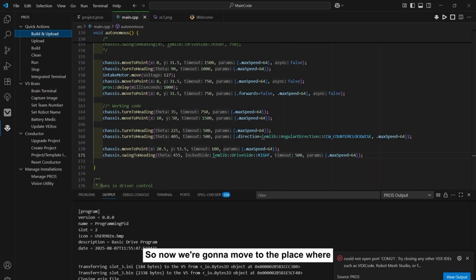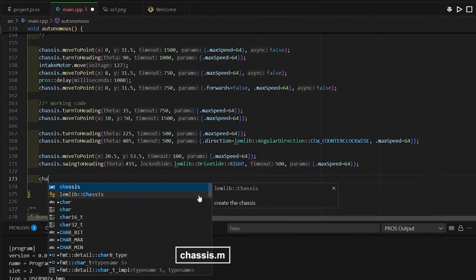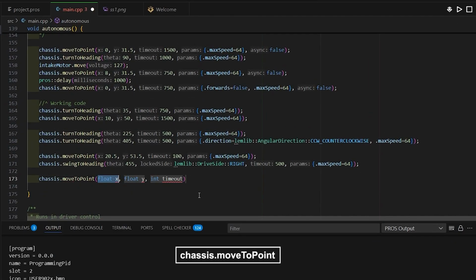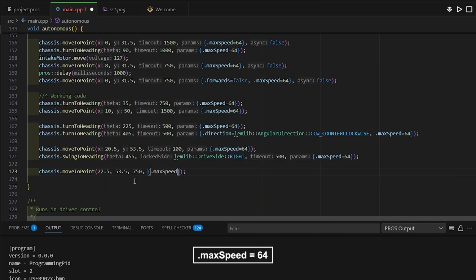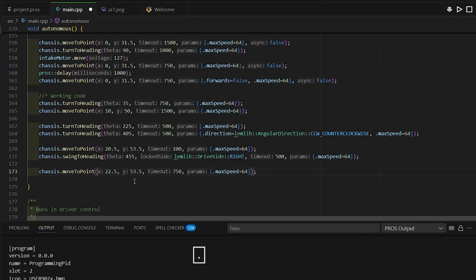So now we gotta move to the place where we're gonna outtake. chassis.moveToPoint, and then our X, which is 22.5, and then our Y, which is 53.5. Okay, and now we have our timeout, which I'm gonna set to 750. There we go. And then we should outtake. We have to add our max speed as well as our